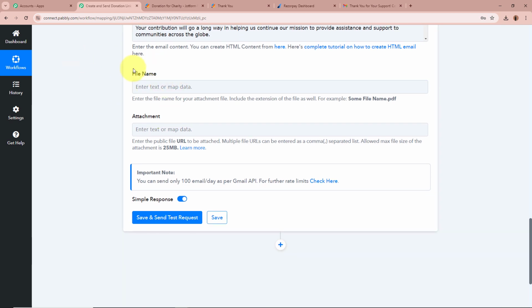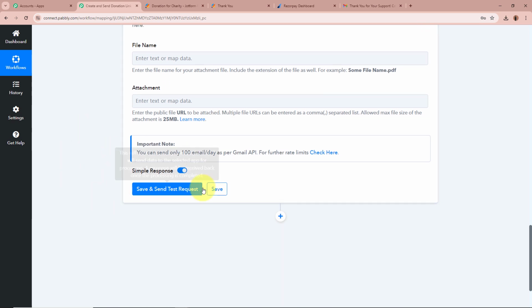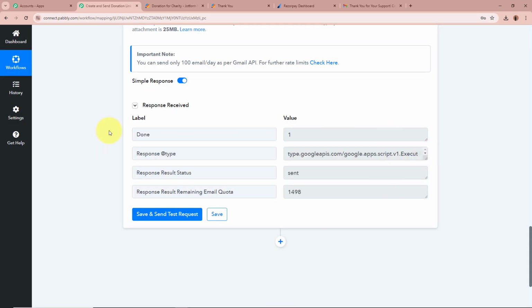Okay, next over here it is asking for the file name and the attachment. We do not require the field, so we are going to skip the part, and then we are going to click on save and send test request. After clicking on save and send test request, over here a response is going to be received, and for the result status over here it says sent. So this means that a new email should be forwarded to our Gmail account with the attachment of our Razorpay